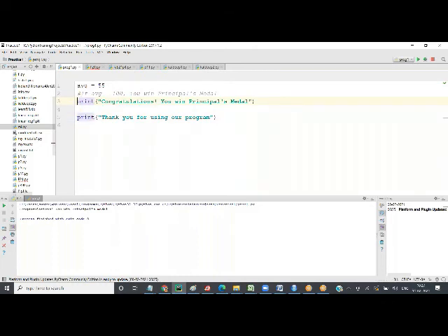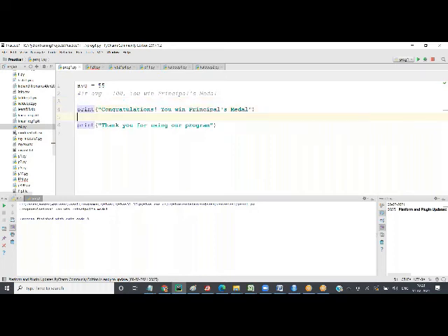So if you have to use a condition in your program, we have if. This is true for any programming language, whether Java or C++ or Python. We write if, then the condition, and only if the condition is true, the next line will be executed. So what is the condition here? Average should be equal to 100.